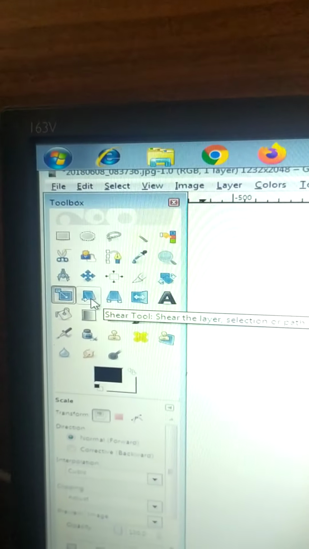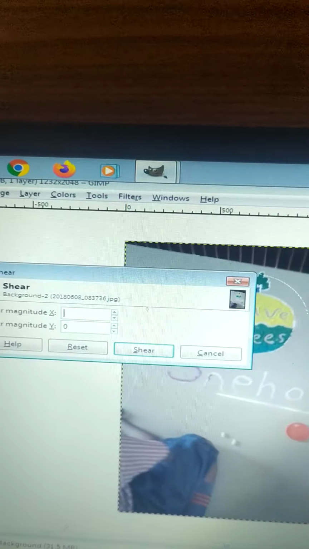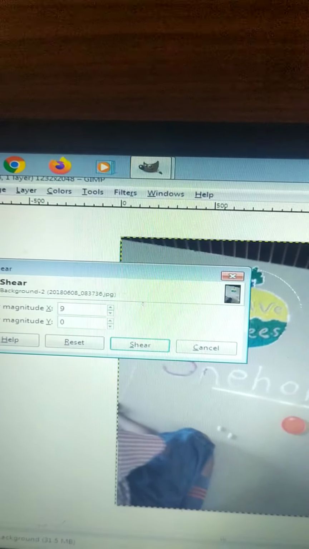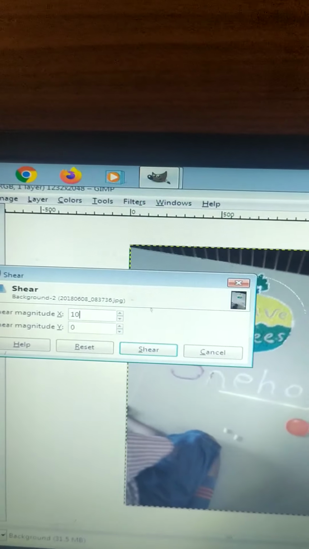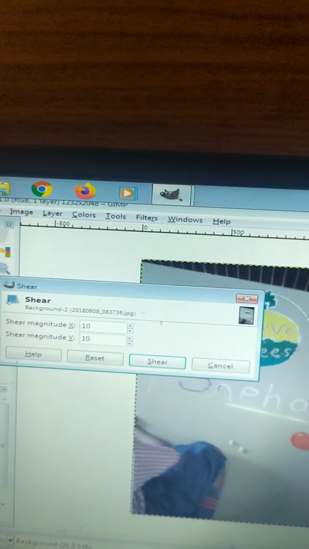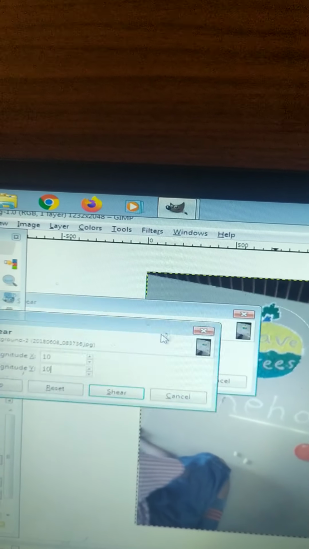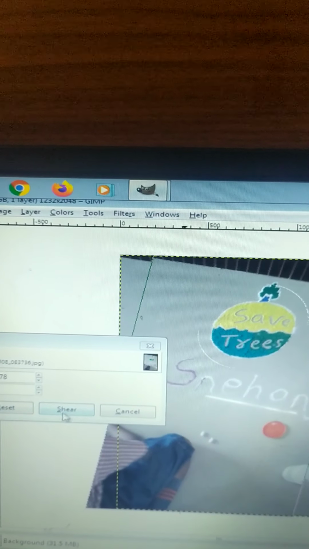The next is share tool over here. This is the share tool. See, now suppose this we have selected. I'll make it 10 suppose. X and Y, both the magnitudes 10, and see the whole image, it will be share and share.